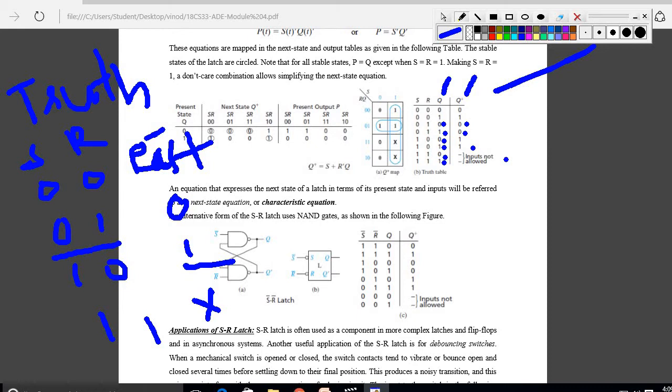So S bar and R bar latch, this is about the S and R latch. Once you obtain this, you have to write this in a truth table, sorry, Karnaugh maps, and get the expression from the Karnaugh maps. Whatever values you obtain through the Karnaugh maps, just write R and Q on the left hand side and S on the right hand side. 0 and 1, so 0 0 0 1. You just have to fill it here. What is the value of that? You will get 0 1 1 0 1.